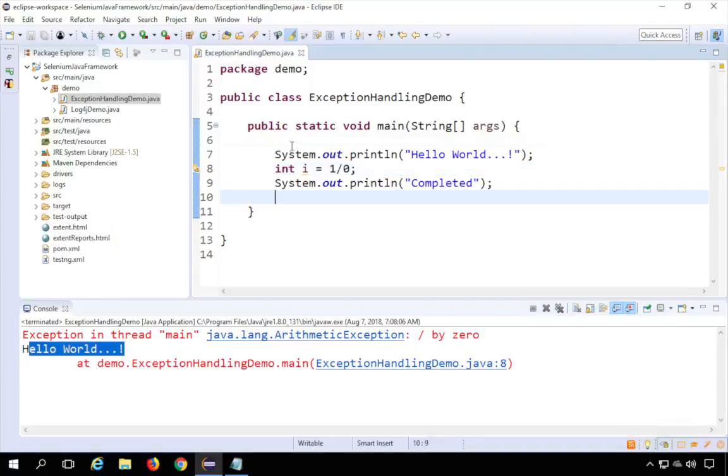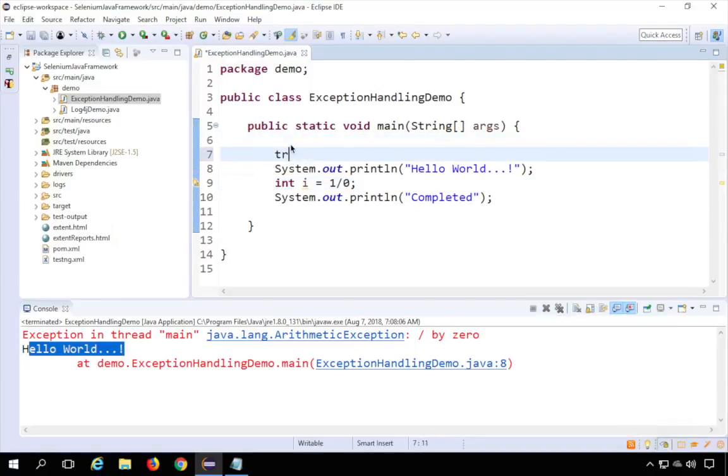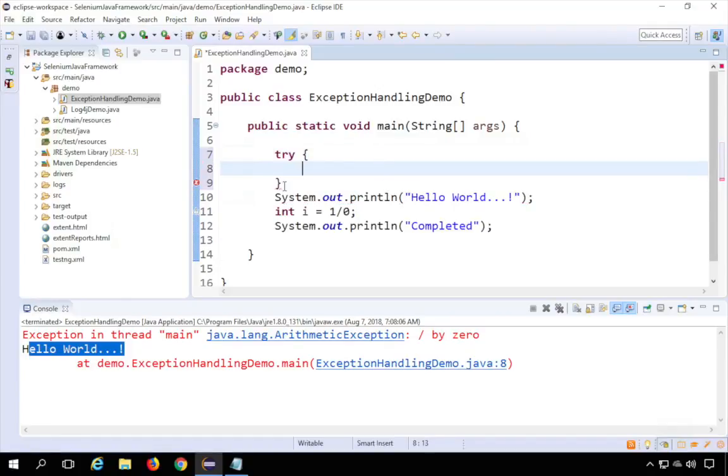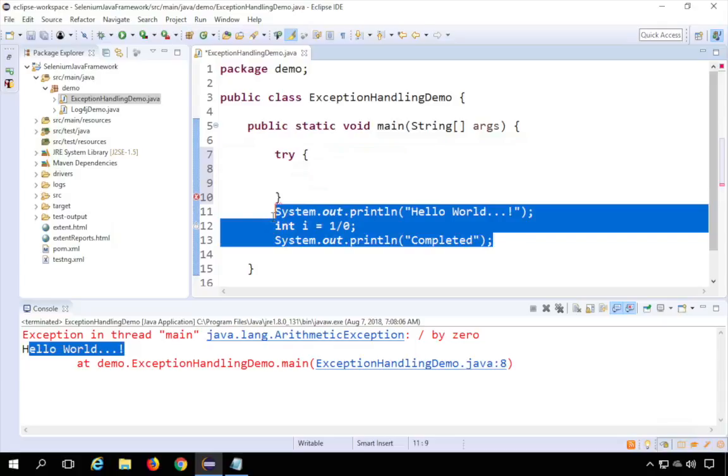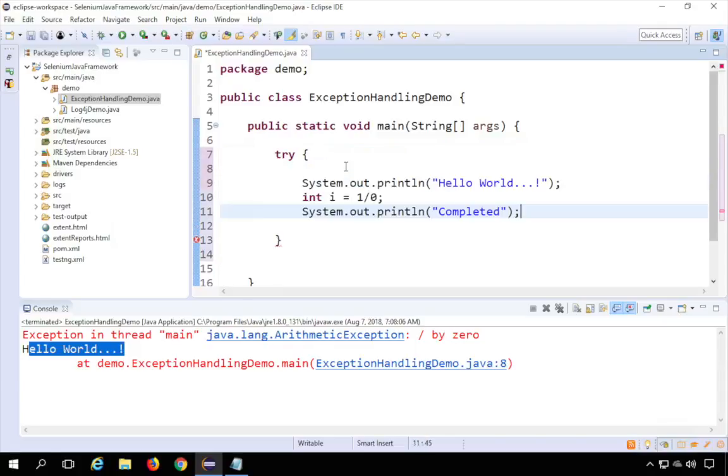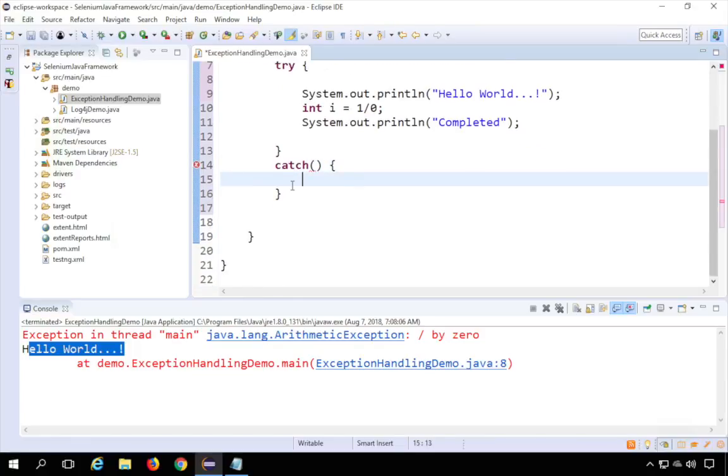So for that what we will do is we can create a try block here. I will say try and curly braces start, and then curly braces stop here, and all my code I will just put inside my try block here. And a try block has to be followed by a catch or finally block. So I will say catch. So here I can catch the exception. Now here you can have multiple catch blocks. So I can have one catch block or I can have multiple catch blocks. For example, I can have one more catch block here, but for now let us go with one catch block,